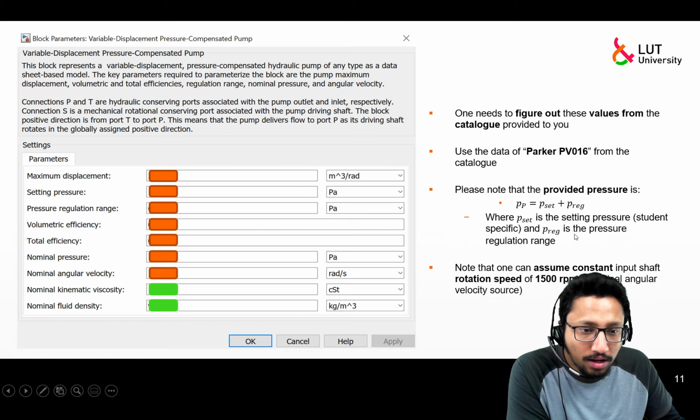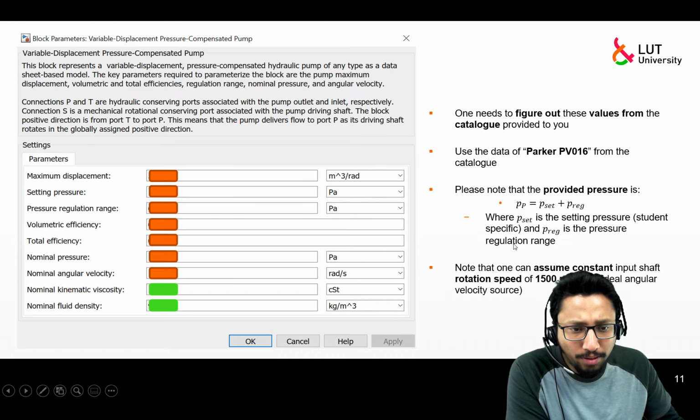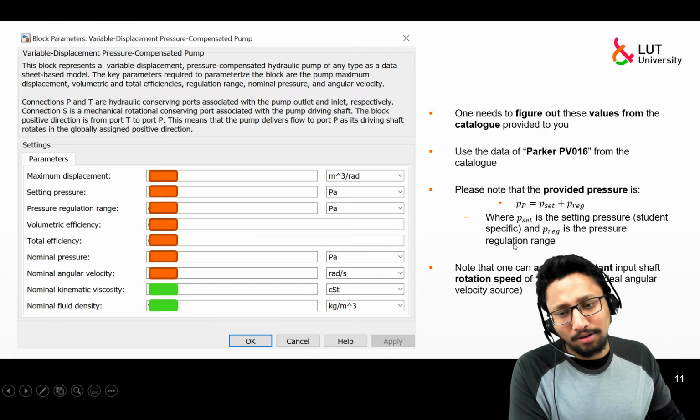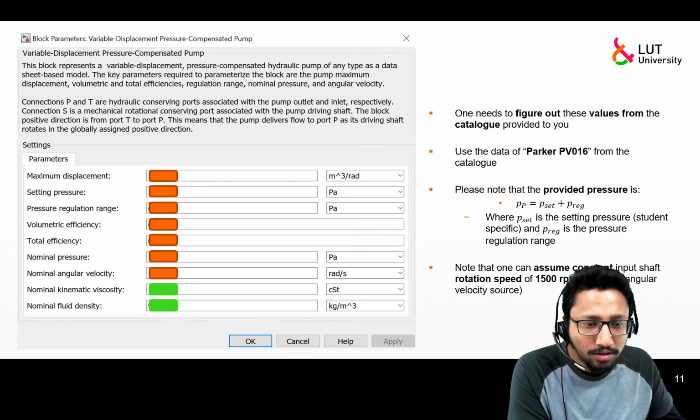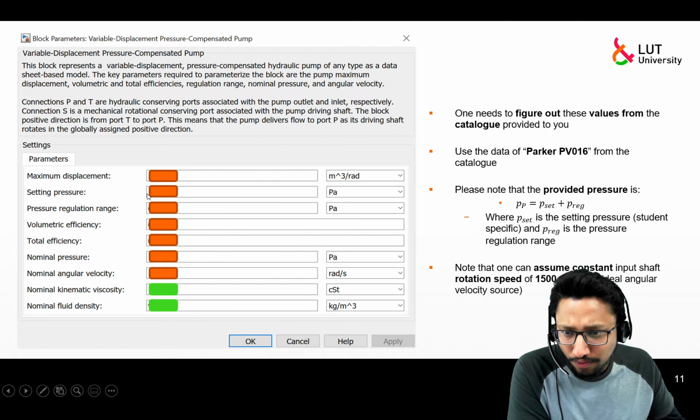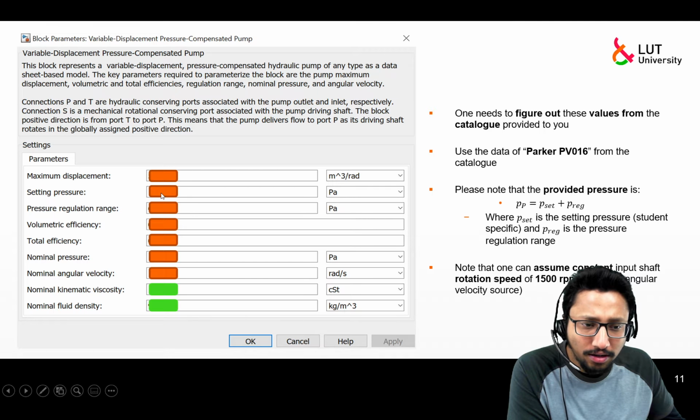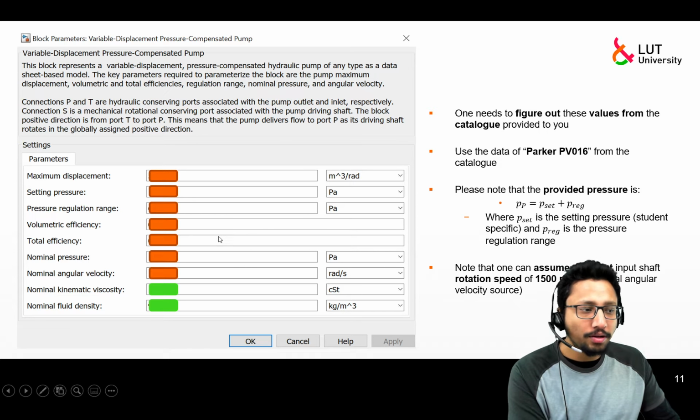For the setting pressure, the student-specific values are already provided to you, approximately 150 bar, plus or minus, different for other students. Usually for factory setting, these setting pressures are 50 bar, so just try the student-specific value. I think that will work. And the regulation pressure range you need to figure out from the catalog.